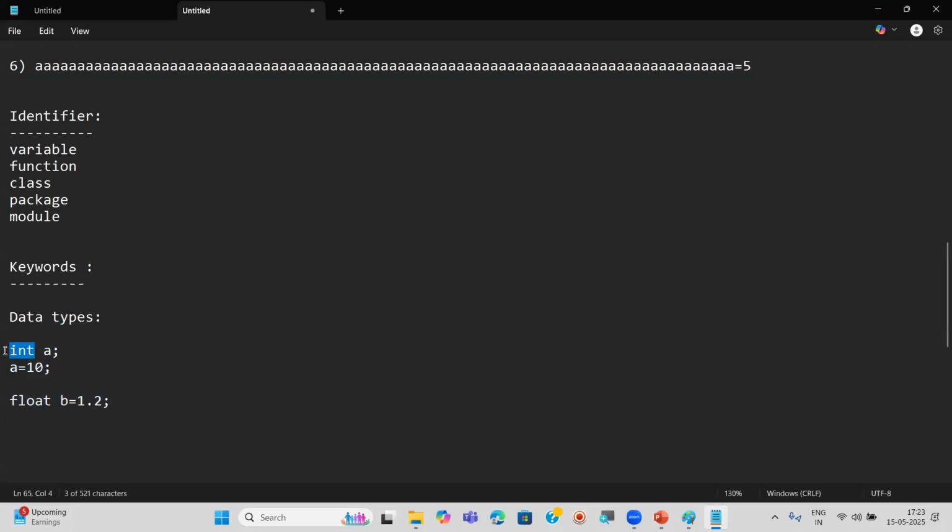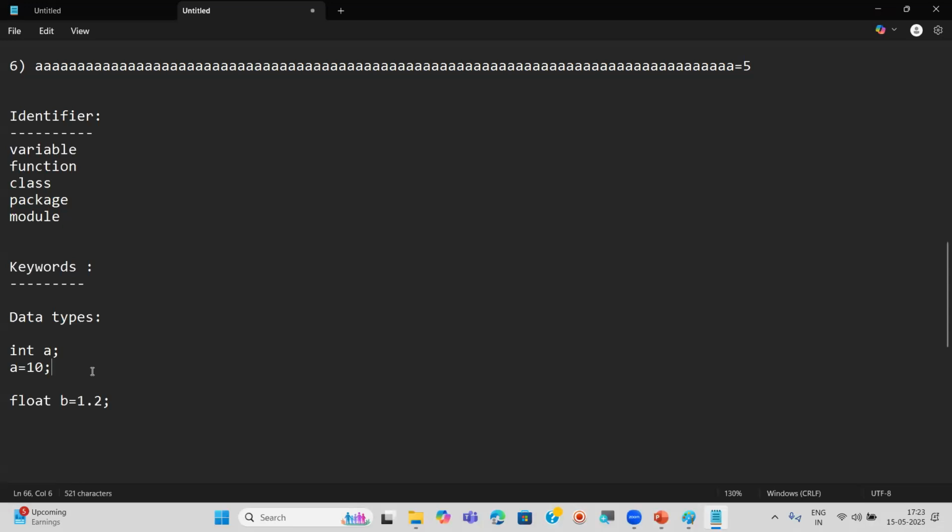Don't use the data types. Why we don't use them, I already said to you. This syntax will not support here. However, data types are available internally, but as a programmer, we need not use that. The reason is already given.